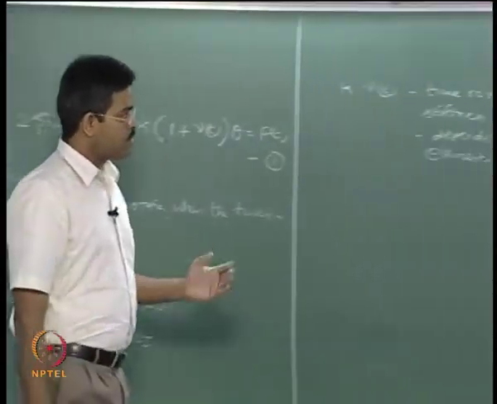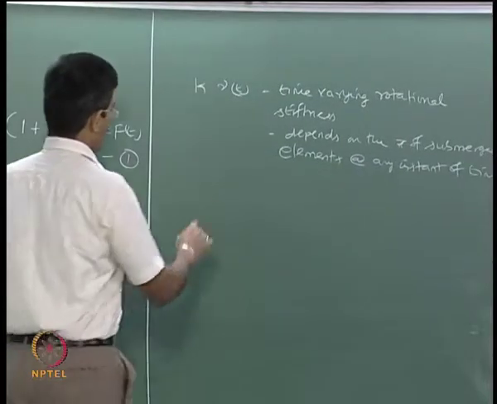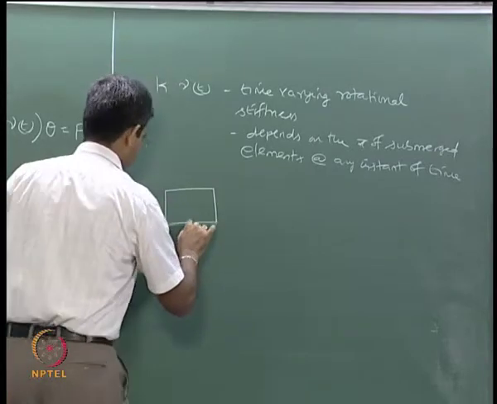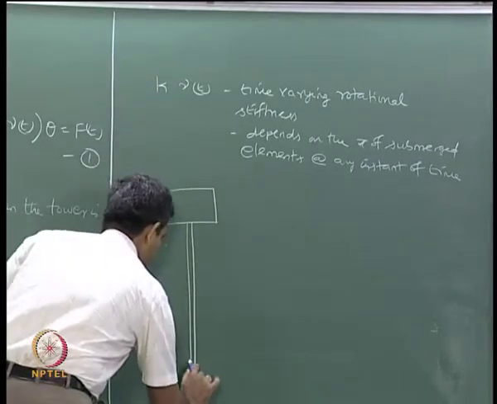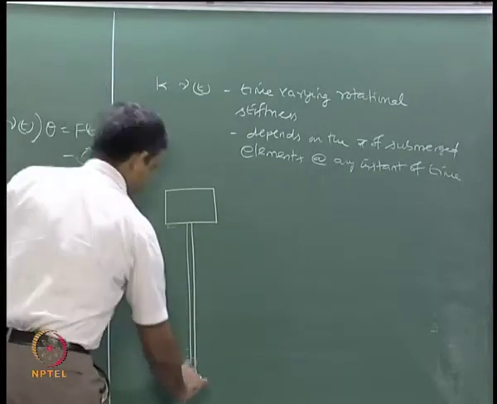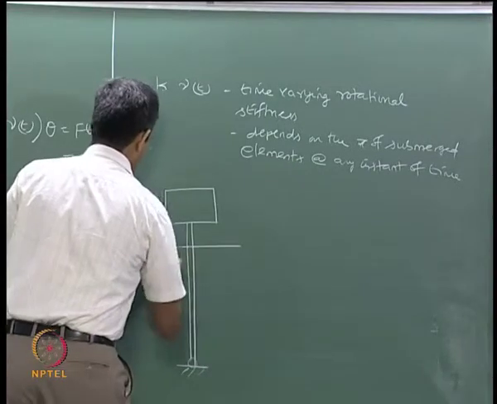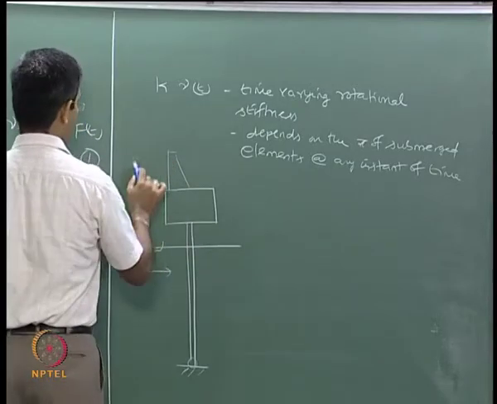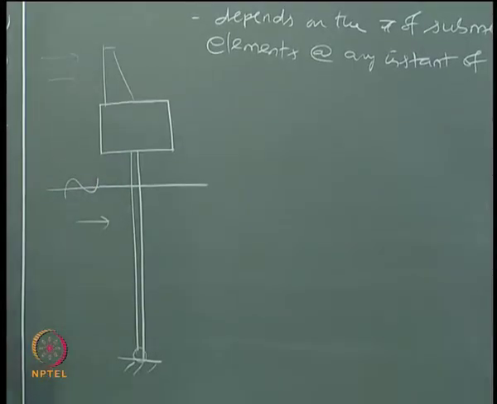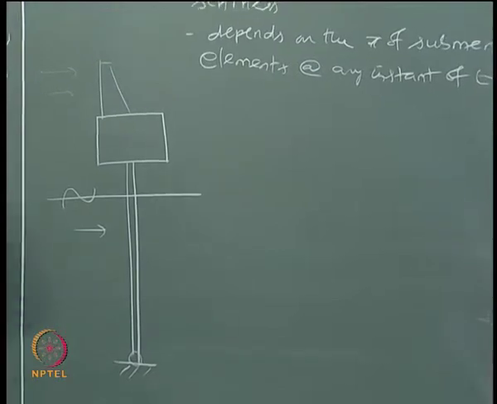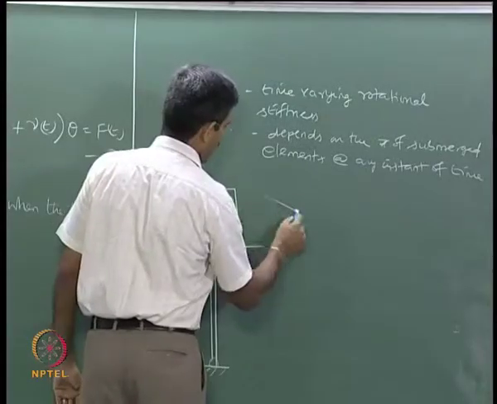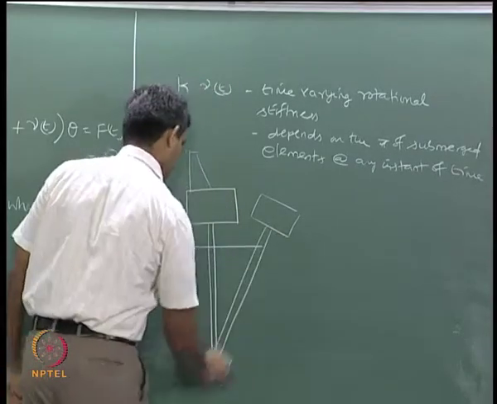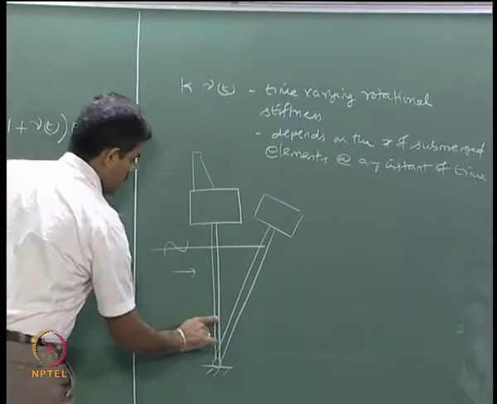When I apply a lateral force to this tower, a single tower hinged at the bottom subjected to wave action, there is a lateral force, of course there are derricks etc., and there is a wind load acting, we will come to that figure conceptually later. So, when I try to apply the lateral force to this tower, the tower will have a tendency to rotate. So, I call this as theta.